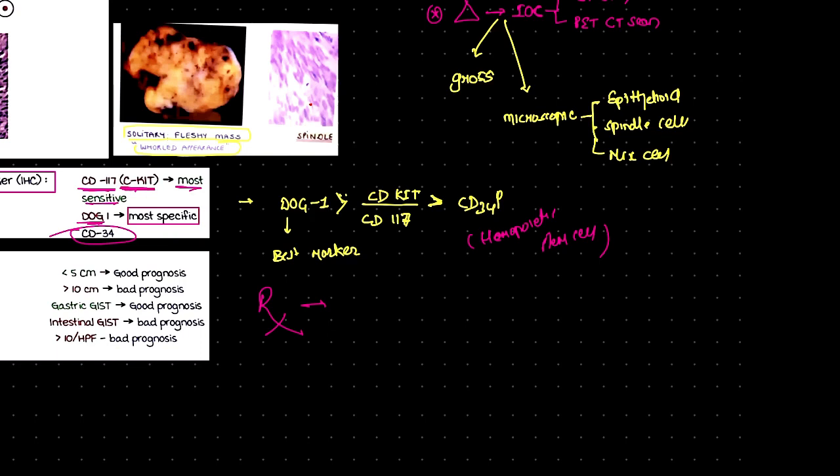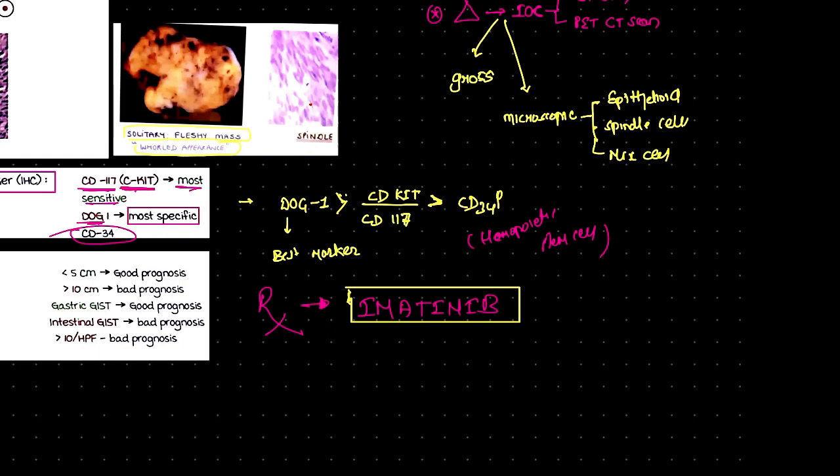That is imatinib, right? Imatinib is our drug of choice for gastrointestinal stromal tumor, right? And this was also used, if you remember, in the case of